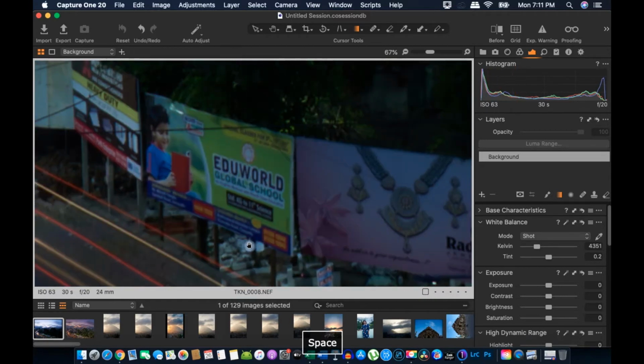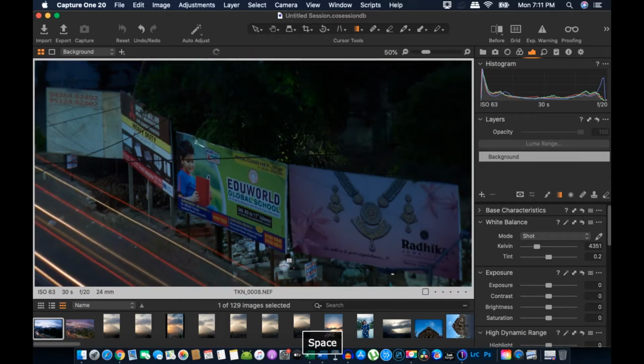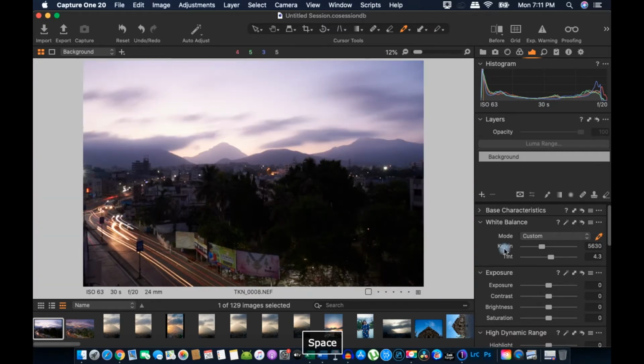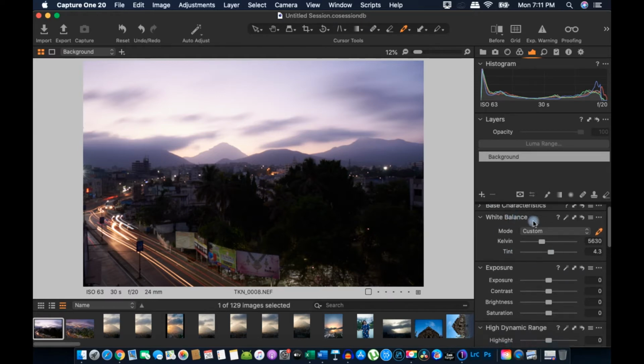So maybe in this area here we have these bricks of a graveyard which is painted in white. If we take a picker tool and have a look, just in one shot, if I do undo and then redo, just have a look, in one shot it has done a very good adjustment to the white balance.